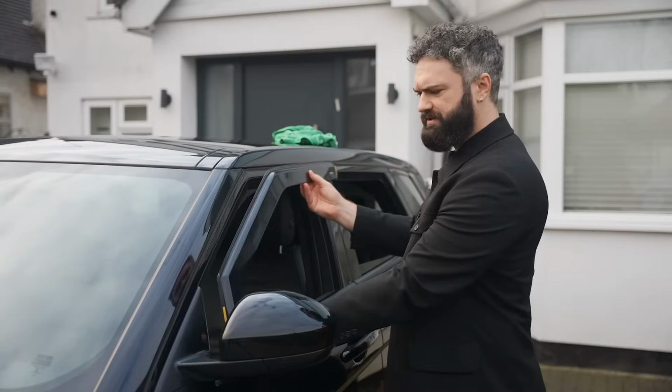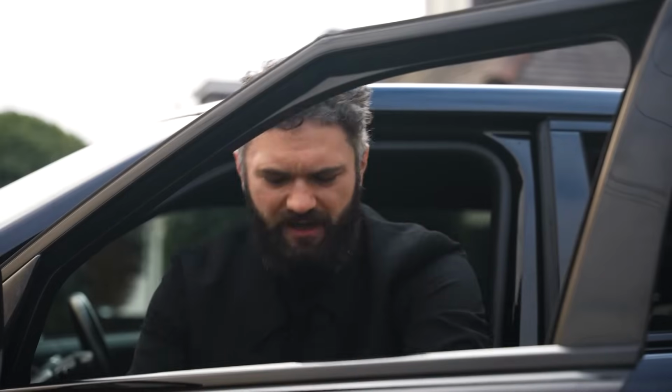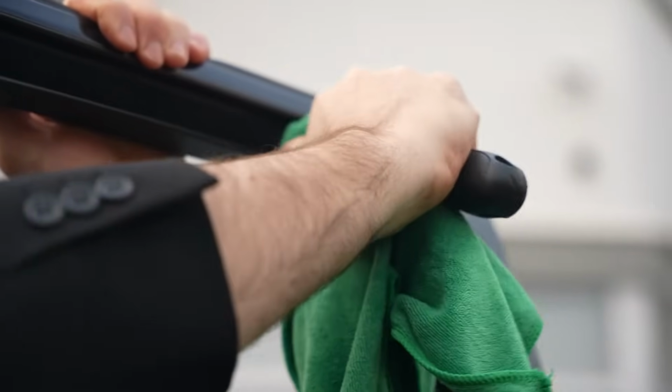Before you fit the wind deflectors, simply size them up against the vehicle, so make sure you have the correct ones. Okay, so next we're going to prep the window channels. To do that, I get a flathead screwdriver and a cleaning cloth, and I clean all the way around the window channels, removing any dirt and debris. That way we make sure we have a good bonding surface for the adhesive to stick to make sure the